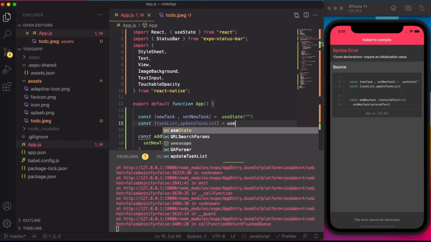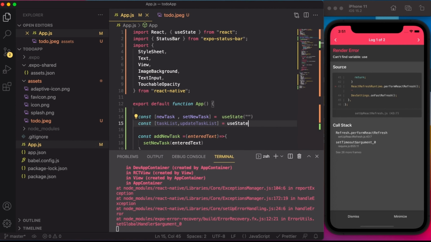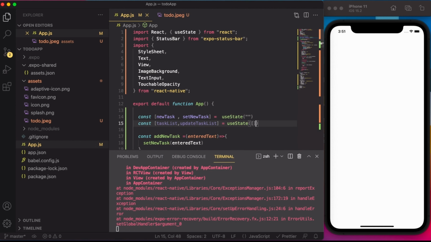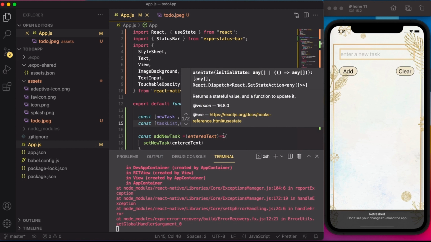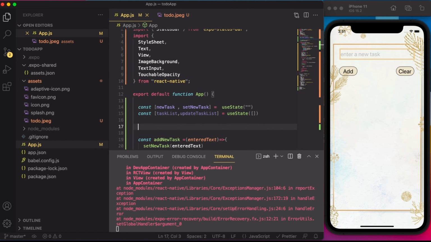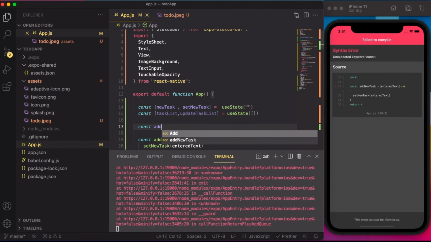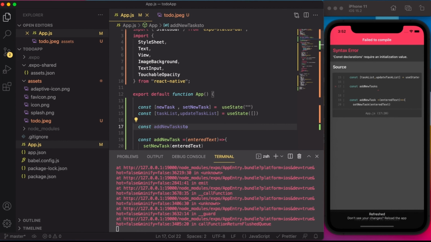Now initially it is of course going to be empty, so I'm going to create an empty list or an empty array, and then I'm going to create a function that is going to update this task list. I'm going to call it as add new tasks to list,